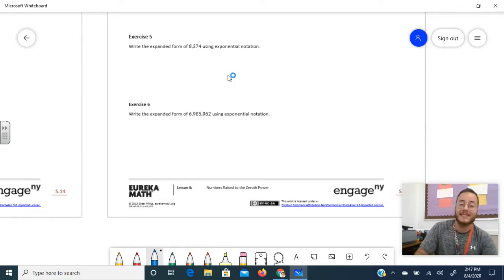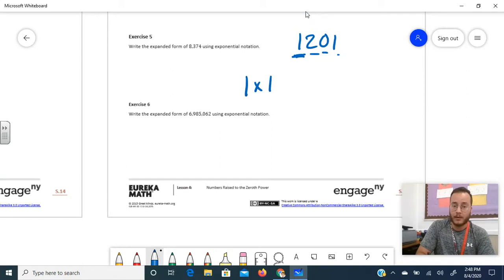They want you to do expanded form using exponential notation. That means if I wanted you to write 1,201 in exponential notation in expanded form, remember from 6th and 5th grade, expanded form means taking the place values and showing it like this. I have 1 in the thousands place, so it's the same thing as saying I have 1 times 1,000, which gives me 1,000,